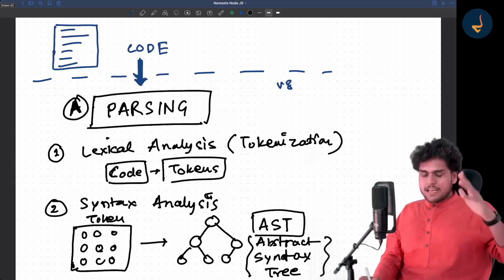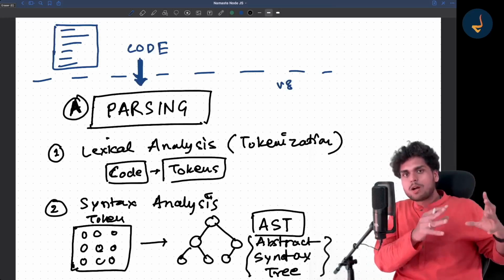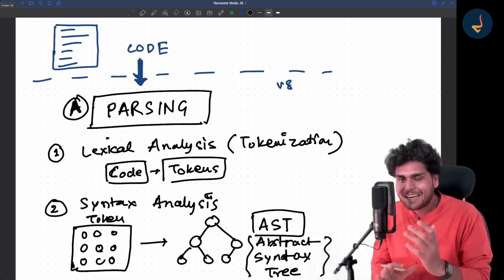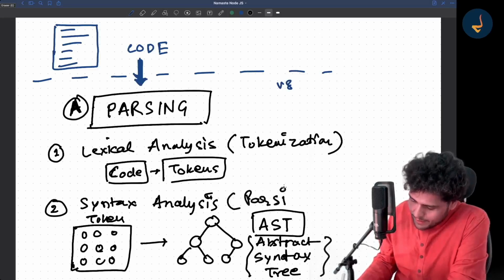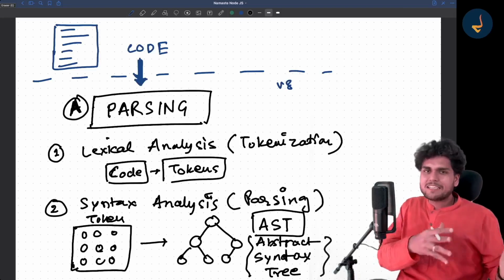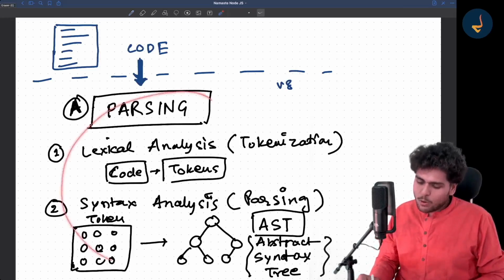In the second step, syntax analysis, your tokens are converted to an abstract syntax tree. And this step is basically known as parsing. This is also known as syntax parsing, syntax analysis, and the whole stage is known as parsing because of this step.